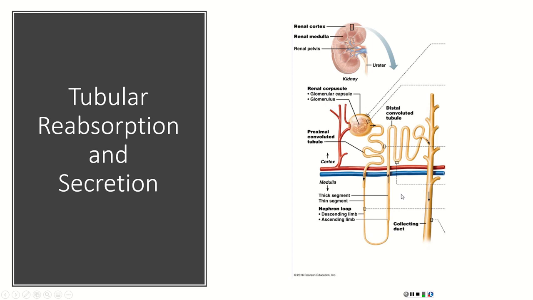All right, now, or in the filtrate that shows up in the urine. But let's look at what else happens. As we pass through the descending limb of the loop of Henle, we're reabsorbing water. As we pass through this DCT, we're reabsorbing water. As we pass through the collecting duct, we're reabsorbing water.